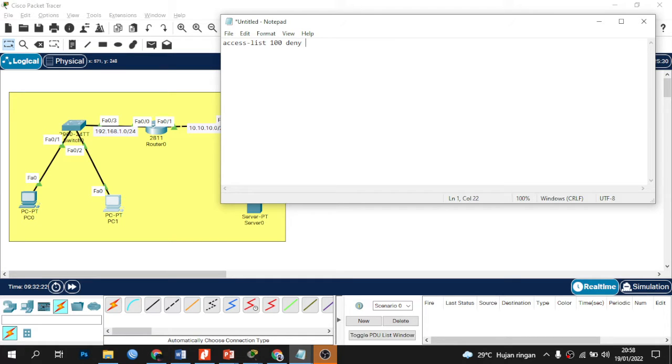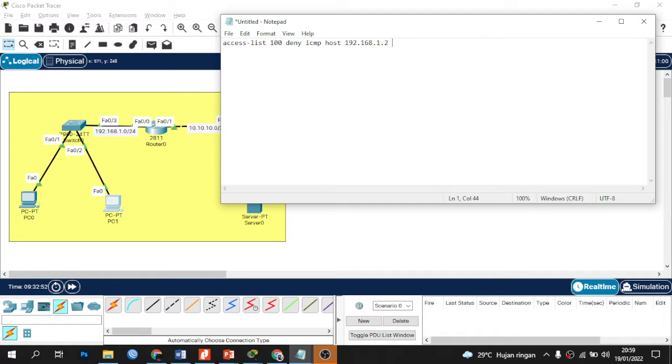Next, the protocol that we choose, for example ICMP. Next, type host, the IP of PC 0.